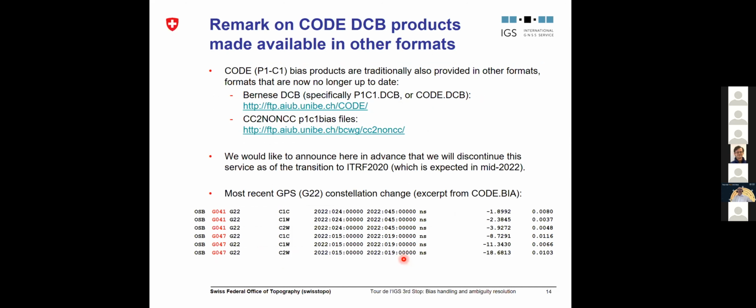Another remark is concerning DCB information. CODE also makes this information available in other formats that are now no longer up to date, for example the Bernese DCB format and in particular also the very old CC to non-CC P1C1 files. And we would like to announce here in advance that we will discontinue this service as of the transition to ITRF 2020, which is expected in mid-